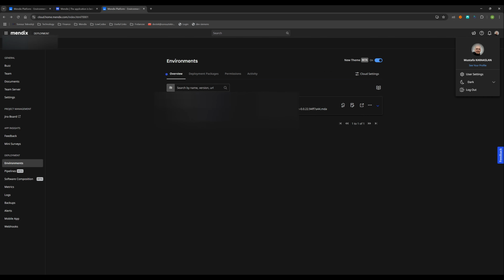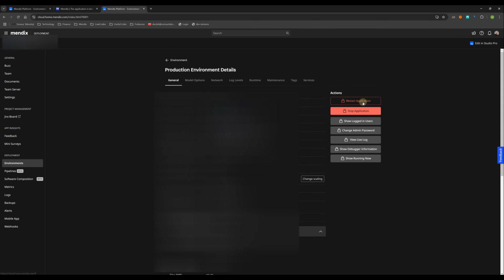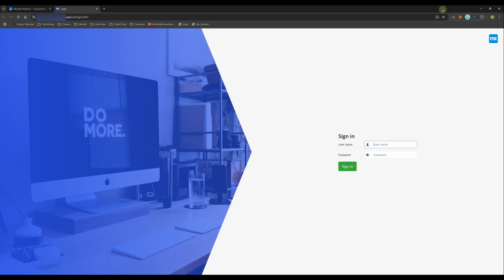If you have the license production, you will go to the environment, and when you click here, as you see, you will see the show debugger information here, if you have a license app. Okay, let's go on with the free version.